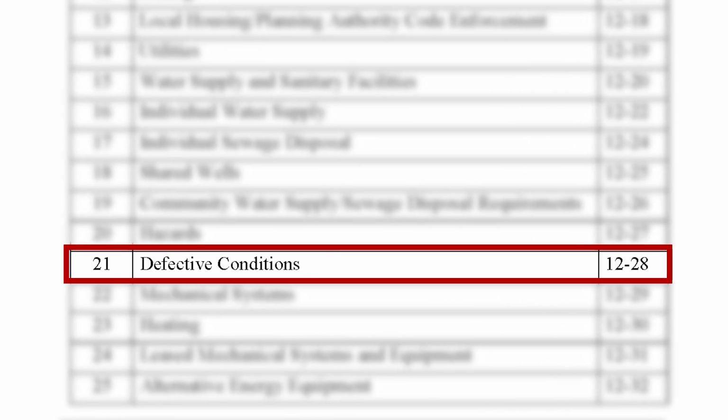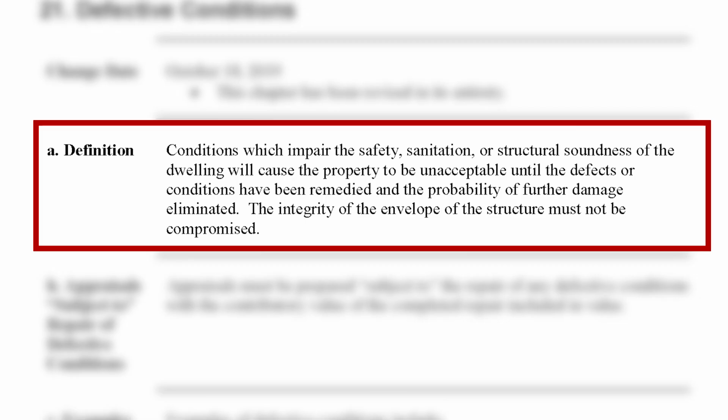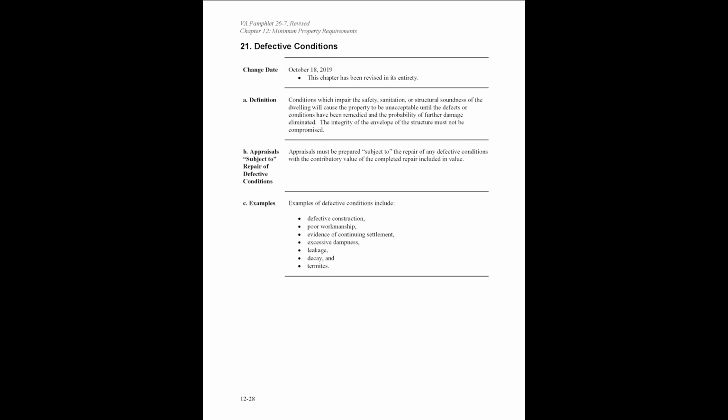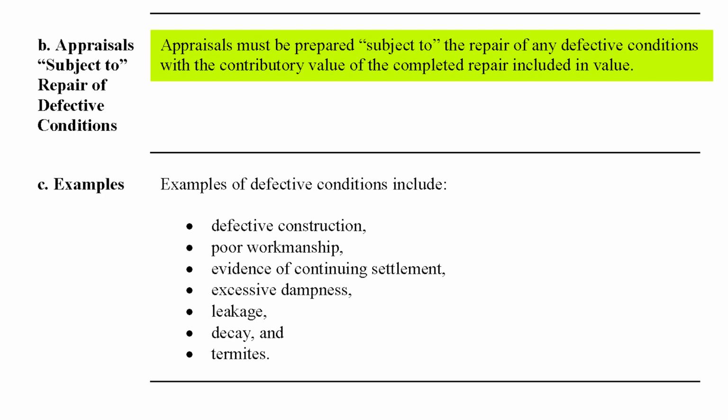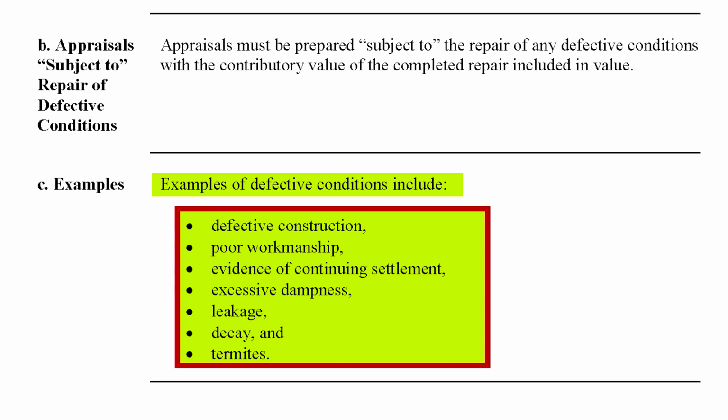21, defective conditions, and this is a big category. They define it as conditions which impair the safety, sanitation, or structural soundness of the dwelling, will cause the property to be unacceptable until the defects or conditions have been remedied and the probability of further damage eliminated. The integrity of the envelope of the structure must not be compromised. Appraisals must be prepared subject to the repair of any defective conditions with the contributory value of the completed repair included in value. Examples of defective conditions include defective construction, poor workmanship, evidence of continuing settlement, excessive dampness, leakage, decay,